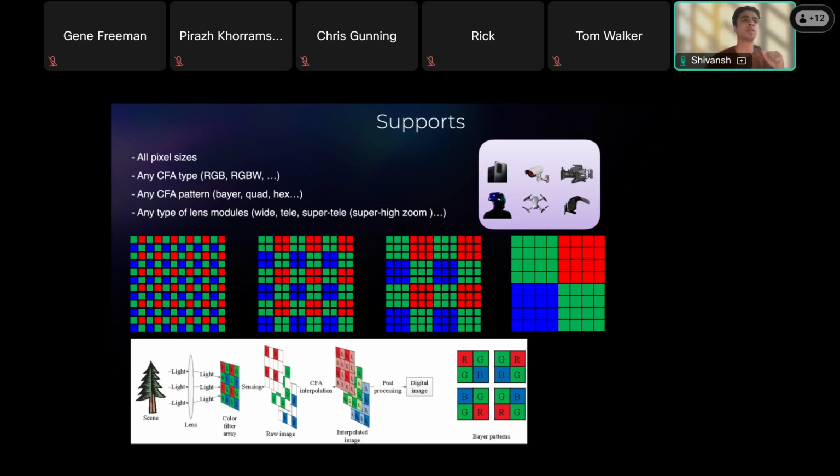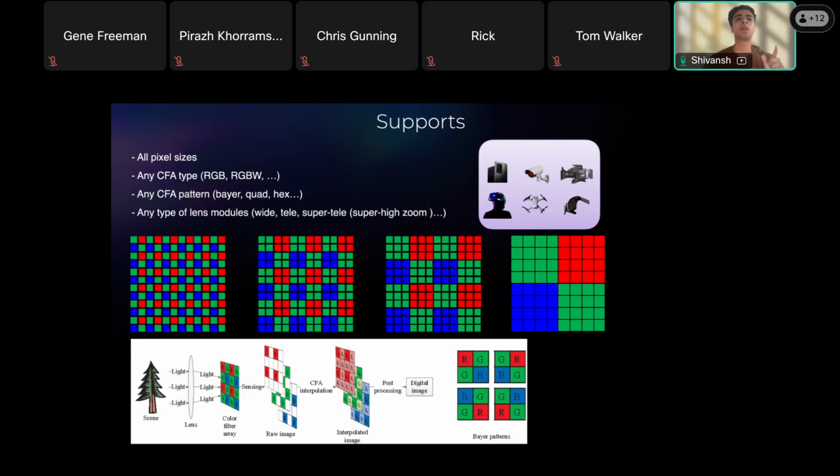But before I move to that, a very quick overview of how an image capture process in digital cameras looks: you have a scene or an object, passing light rays through the lens. These rays fall on an image sensor, and in front of the image sensor you have CFA arrays, that is the color filter arrays, which I also mentioned here as CFA types. These color filter arrays, in simple words, are a mosaic of different color filters placed over the pixels of an image sensor. The purpose is that they let each pixel capture only one color, be it red, green, or blue.